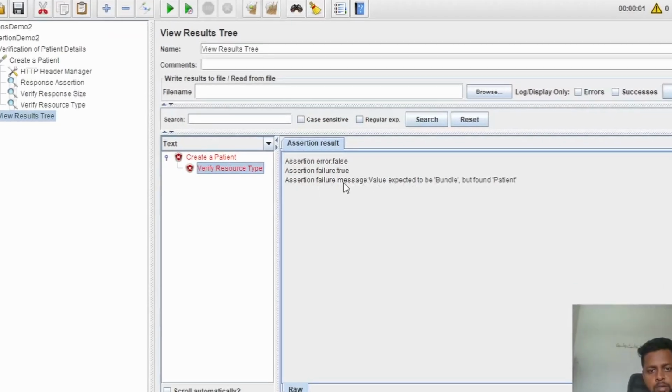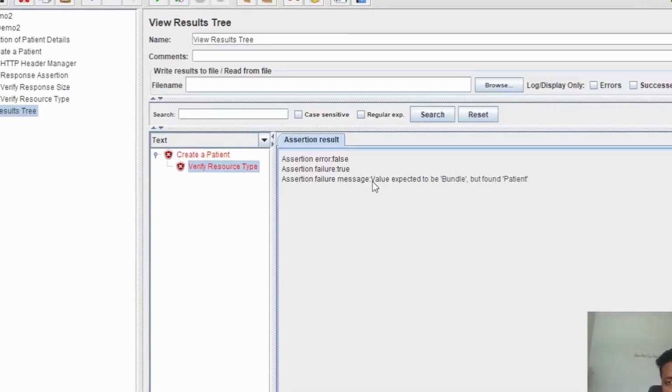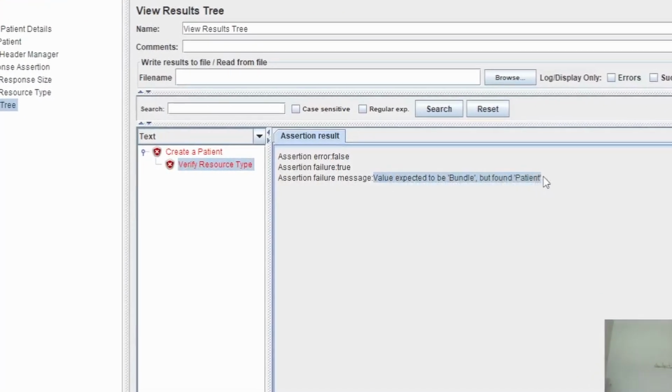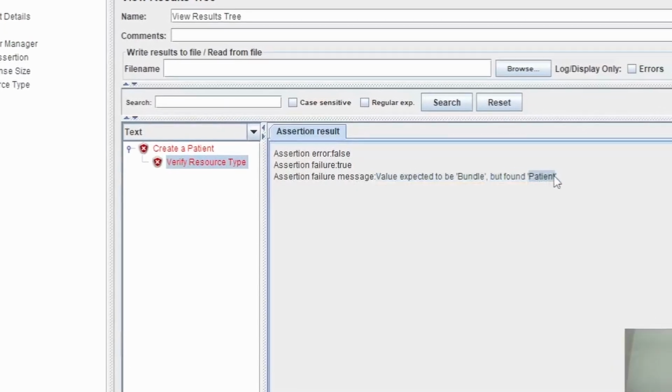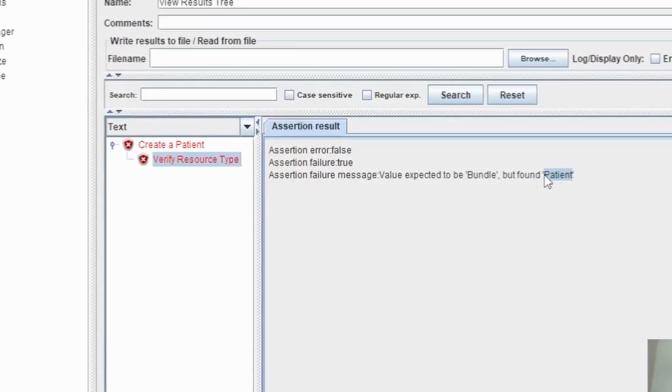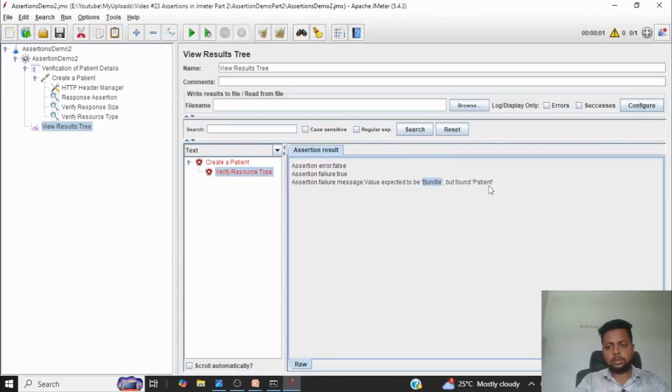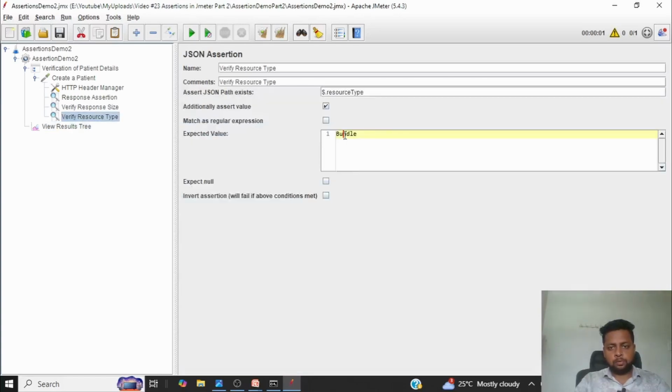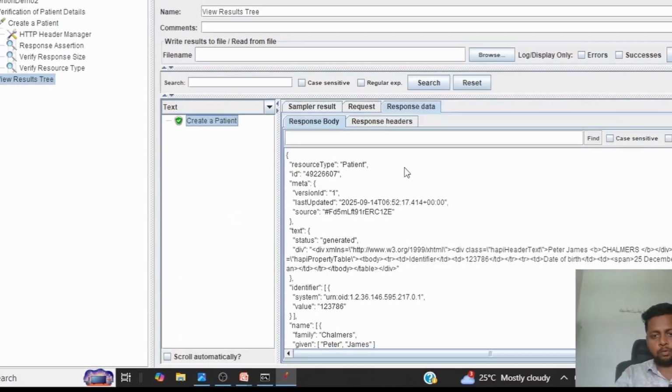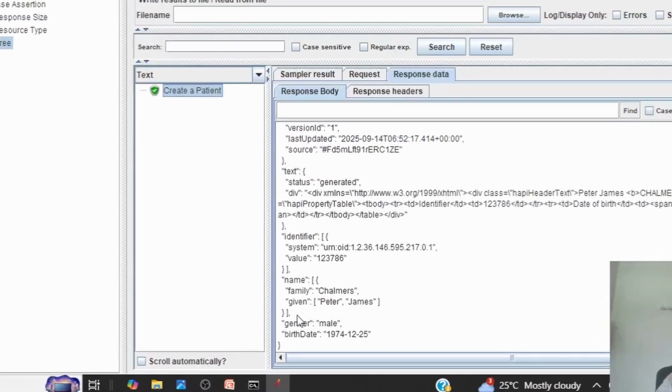Why? The assertion failure message clearly stated that value expected to be bundle but found patient. We found patient in the response, but we are expecting bundle, hence it is failed. So this way we can make use of the JSON assertion. Let me go ahead and show you how to assert or how to validate a few more values from the JSON